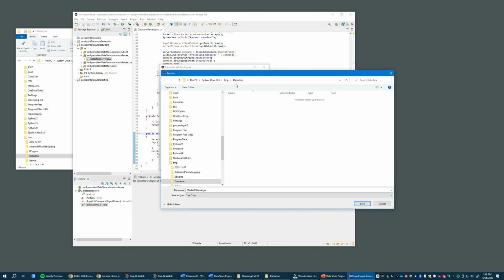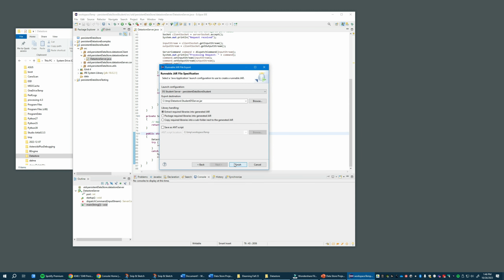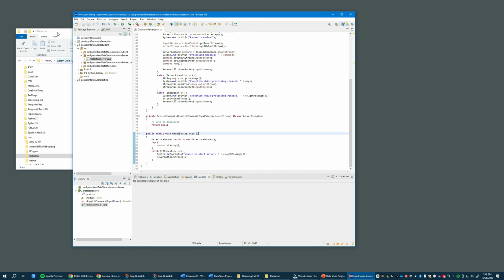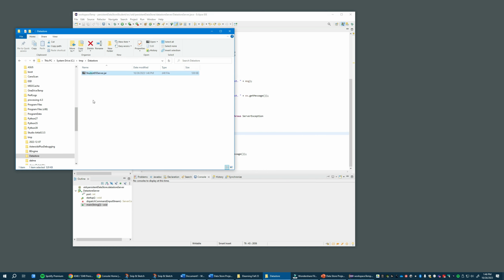Any directory will do, desktop, it doesn't matter. There's my name, I'll change it to student. Save, then finish, and then OK, and then OK, and in that directory we have the student ds.jar